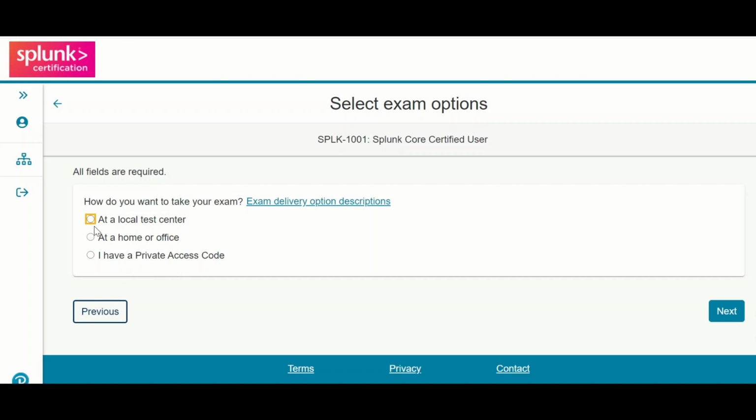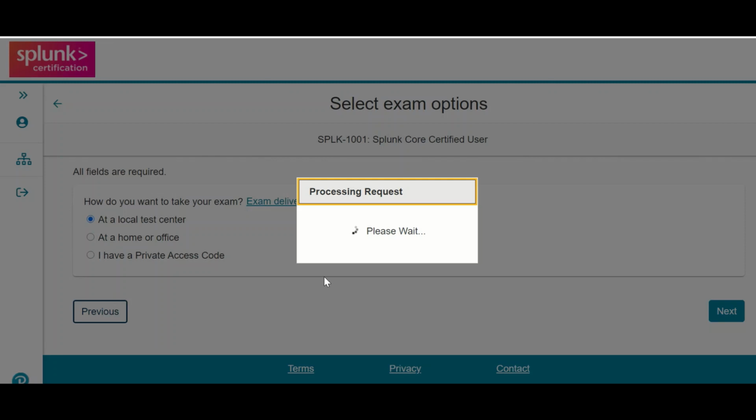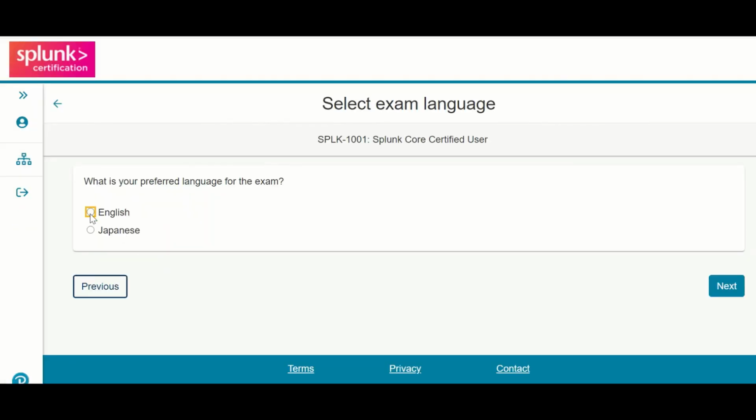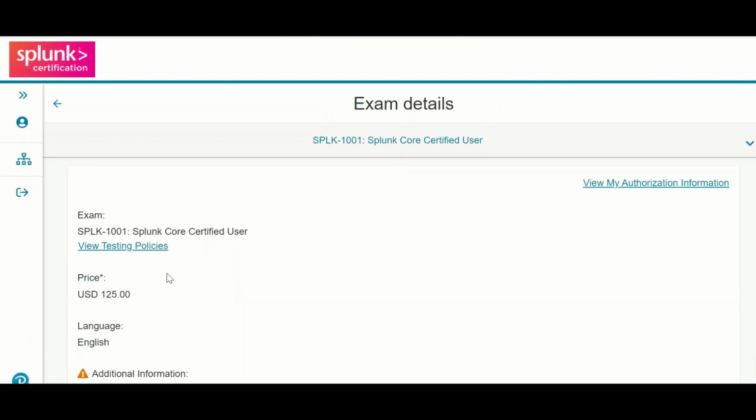Generally I prefer a local test center. After that it will ask for the language, and it has two languages, Japanese and English. Now here you can see the Splunk exam name, SPLK-1001 Splunk Core Certified User.